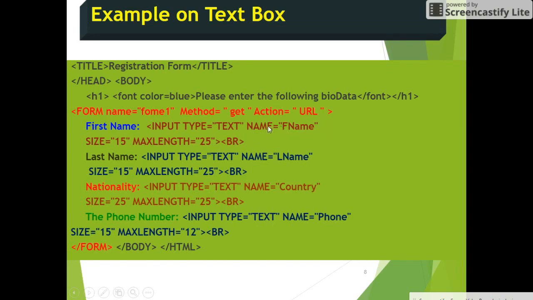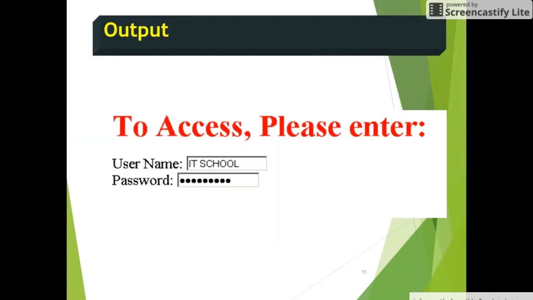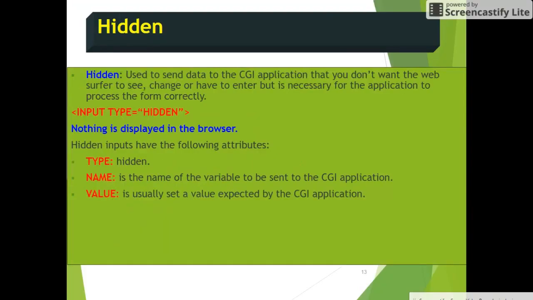Here we have used four text boxes, assigned different names to identify them, assigned various sizes and maximum lengths, and nothing more than that. It is simple. We are using the get method and the action is the URL script. Similarly, there is another type that is hidden, that is used to store any value that need not be displayed